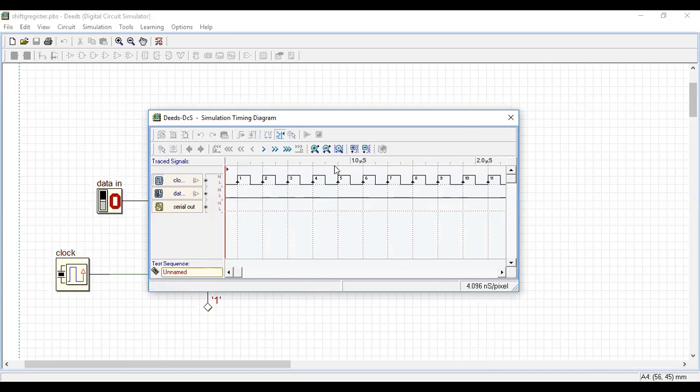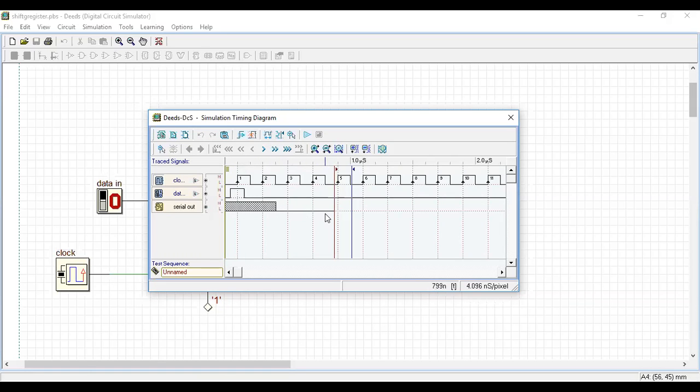So now I'll run only for 4 clock pulses, and my data should be on from here to here only. So now I'll run it. Yes. It has not detected at all. It has not detected my 1. See, up to this there is no change, and here it went to 0.